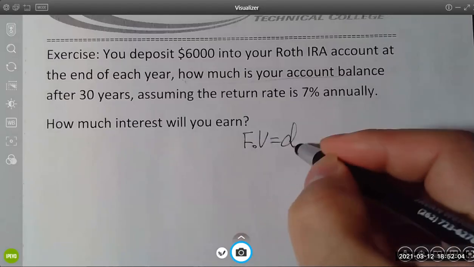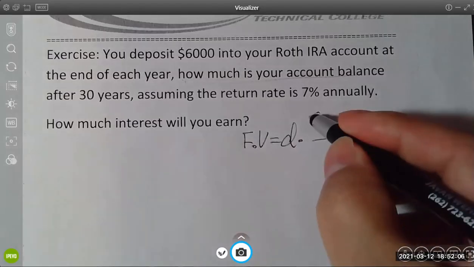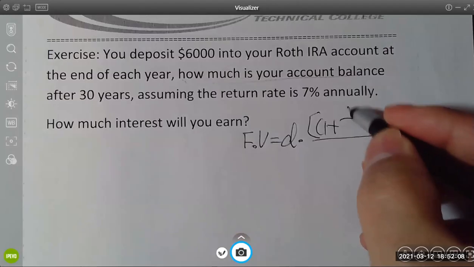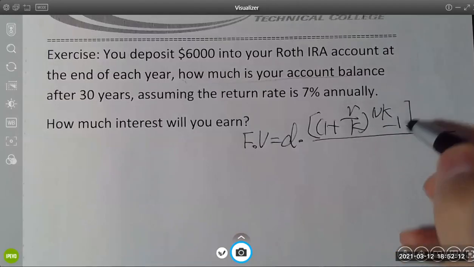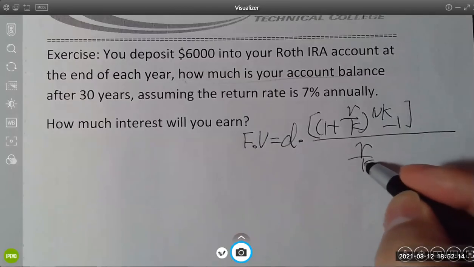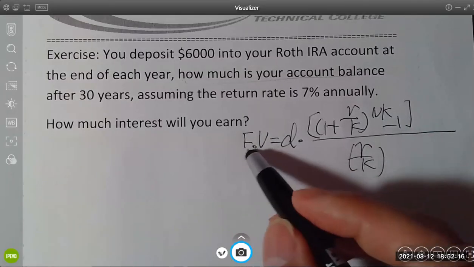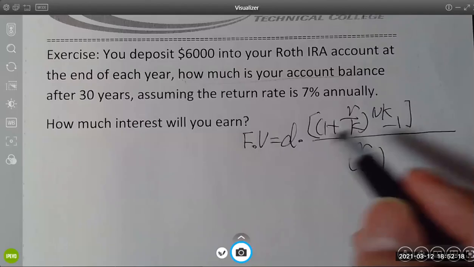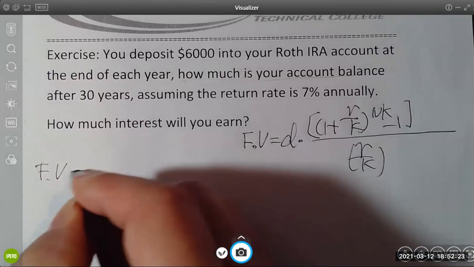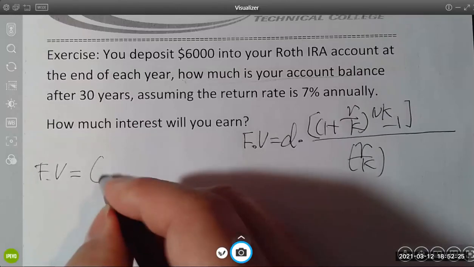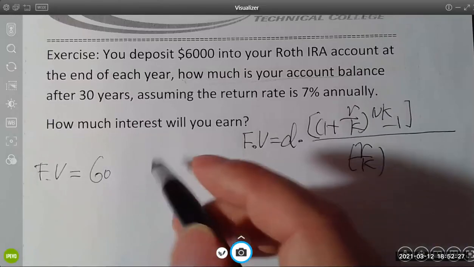Deposit amount times (1 plus R over K) to the power of NK minus 1, divided by R over K. So we're still looking for this future value. We plug in these numbers. Future value equals, we deposit 6,000, so 6,000 every year